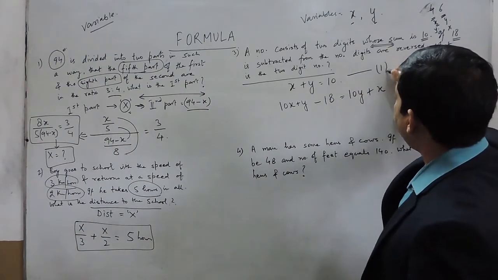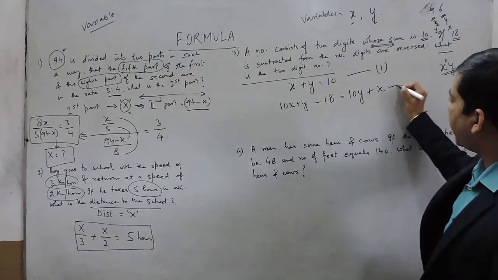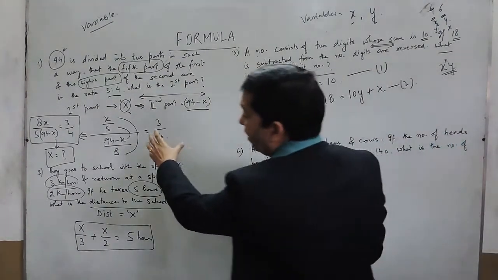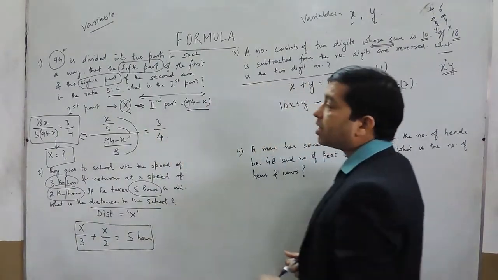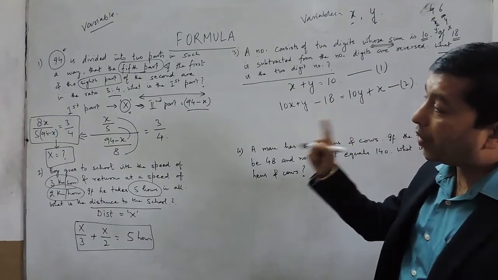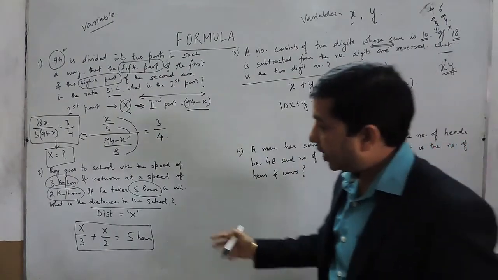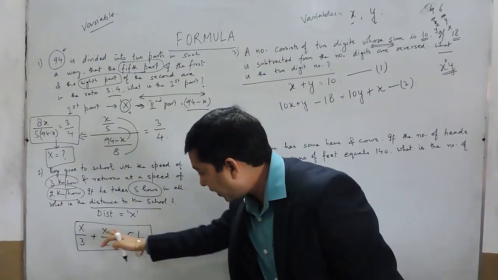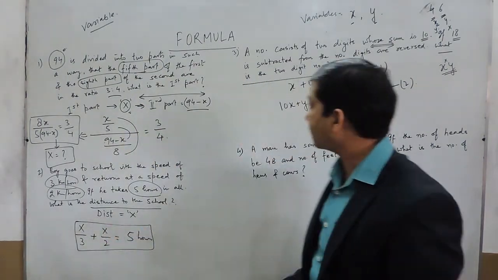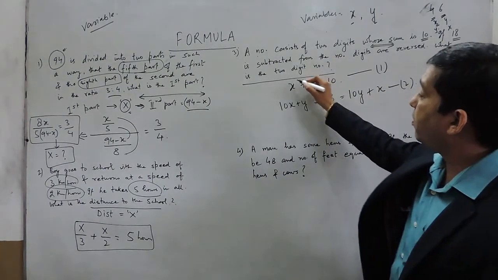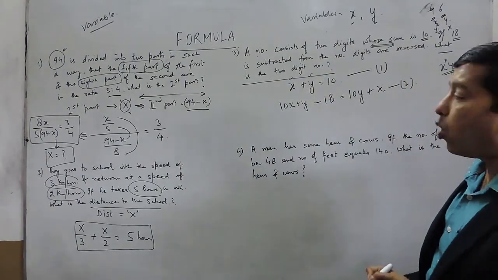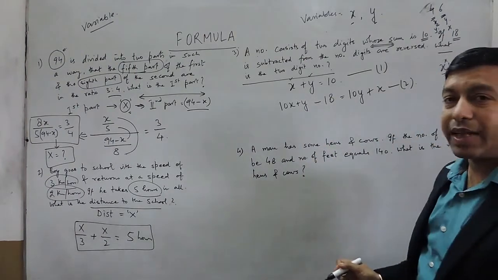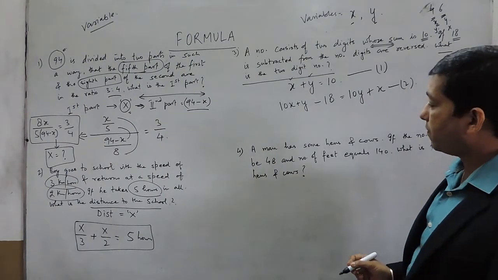Now, we have got the first equation as x plus y equals 10 and the second equation as this. We should remember one thing very well: if there is one variable, we can solve it by only one equation or algebraic expression. Here we can solve the value of x because there is one equation and one variable. But in this case there are two variables, x and y, so we definitely need at least two equations to solve them. If there is only one equation, we cannot solve.